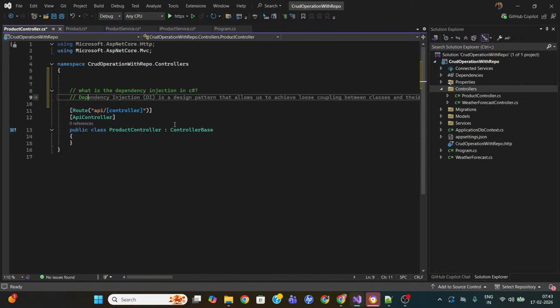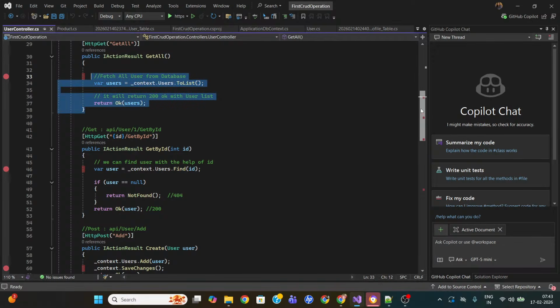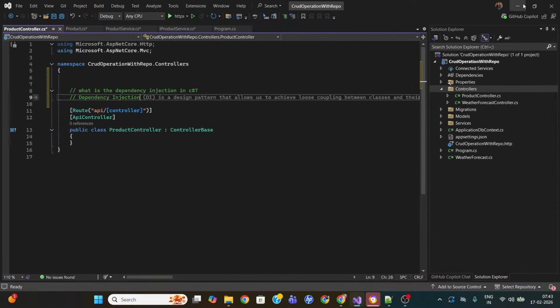For example, you can easily give this example in any .NET interview if you are facing one. If you can explain these things with practical examples, like we can inject dependencies with the help of an interface rather than writing all the code directly in the controller, this is the best, and anyone can easily understand. You are really working in a project. So dependency injection means